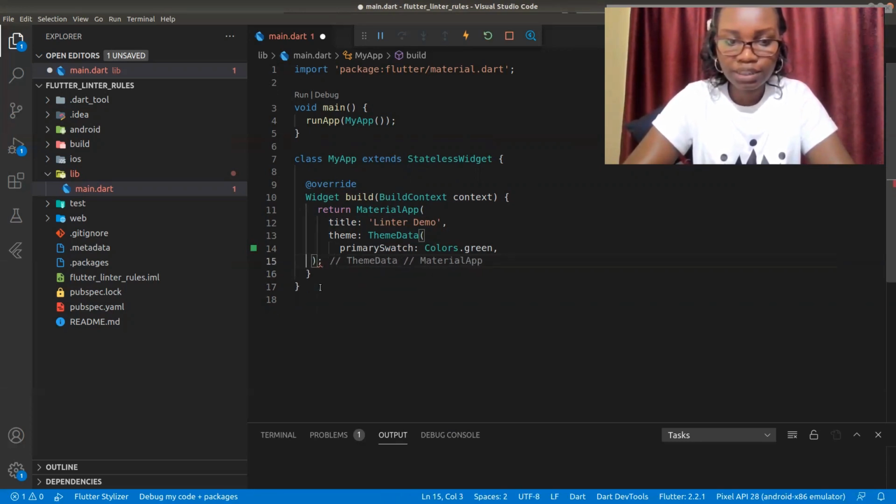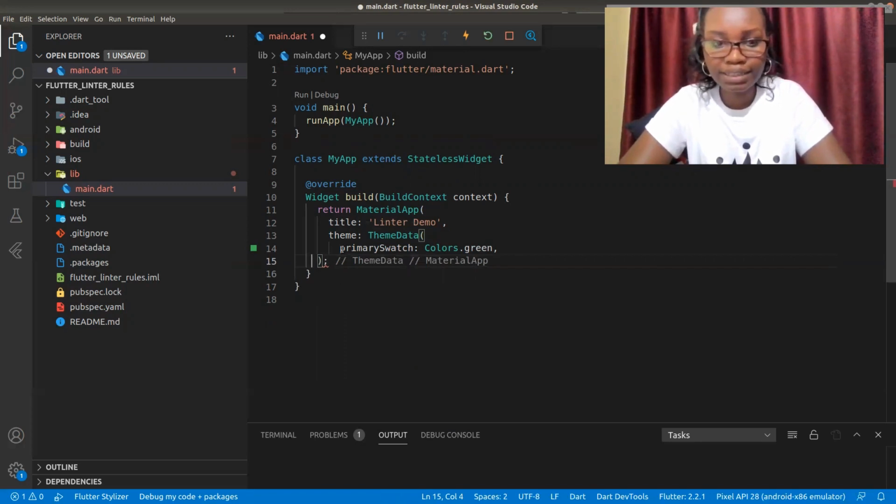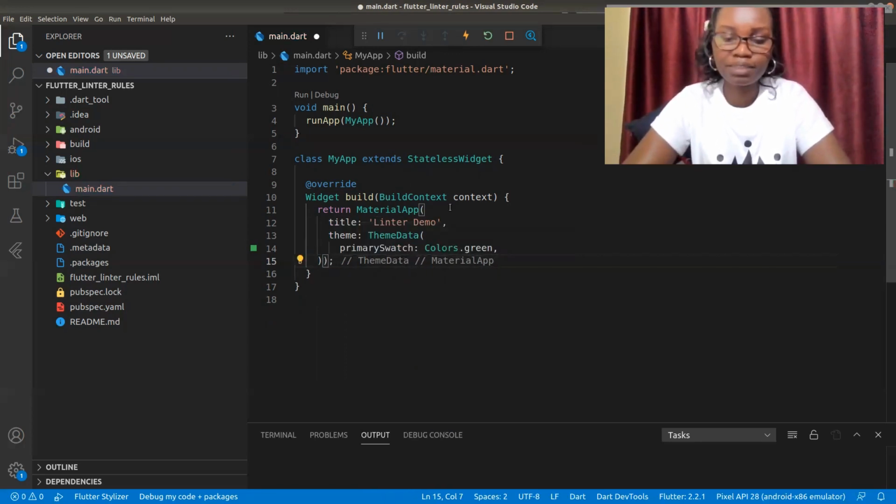So even before we start setting the lint rules, I think you can see this kind of errors that it expected to find the bracket that's missing. So yeah, these are some of the things that you can consider. So what we will do is, okay, let's go back